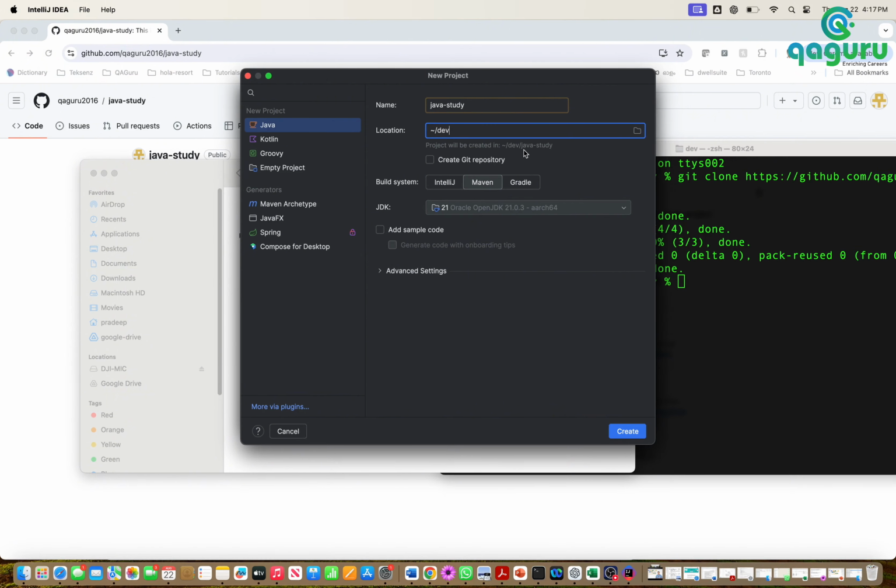Okay, so a folder named Java study was created under that, right? So how IntelliJ creates a project is like, you mention a location here and then you give a project name. So a project will be created under a folder with the project name. Okay, so this is how I'm gonna do the location. I'm just giving the parent folder, that is dev, and the name I'm gonna give exactly like the repo name,